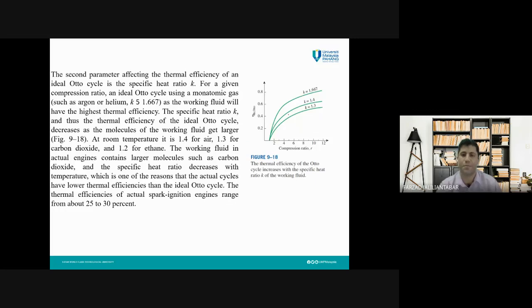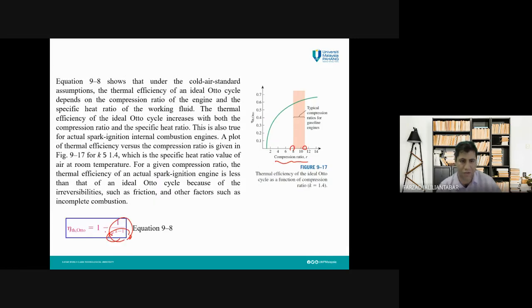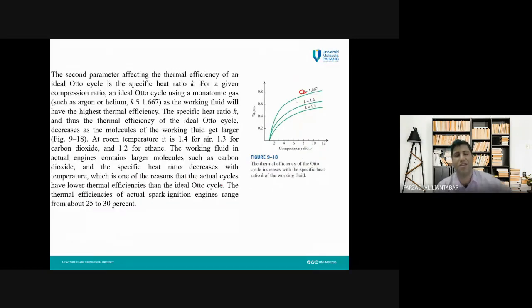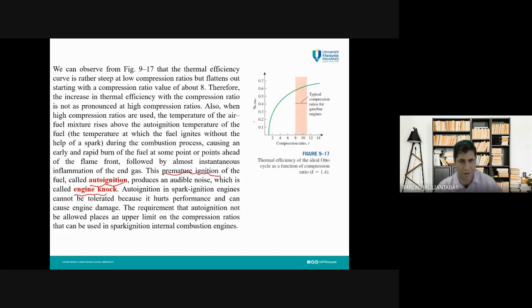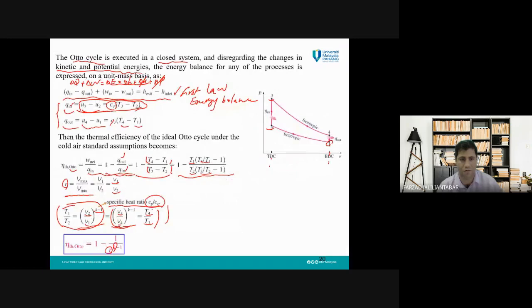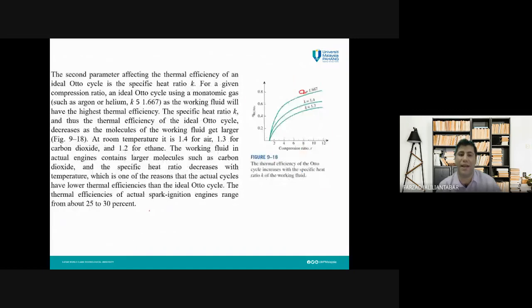How about the effect of the specific heat ratio? You can see, as the specific heat ratio, or K, is higher, the thermal efficiency is higher. Even based on this equation, you can find the reason. But to increase K, if you notice the equation for the specific heat ratio, Cp divided by Cv, it is a characteristic of the fluid, a property of the fluid. In other words, we need to change the temperature of the